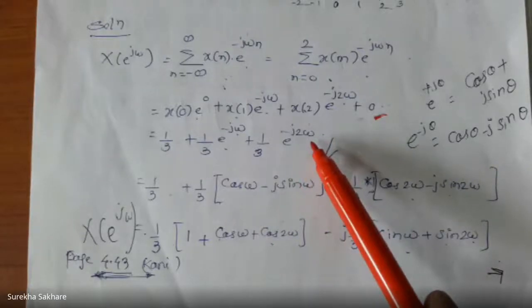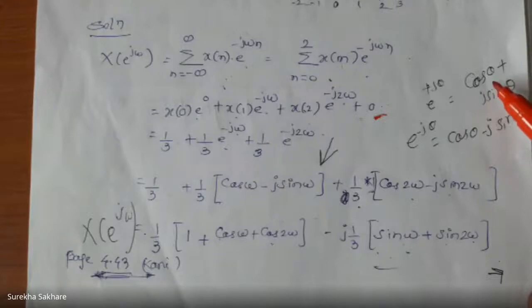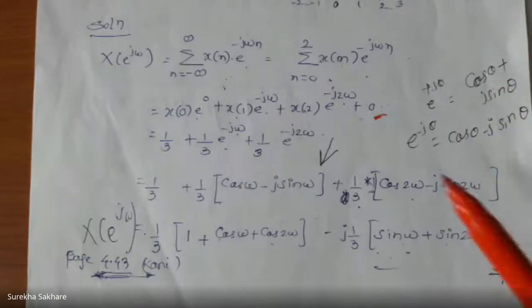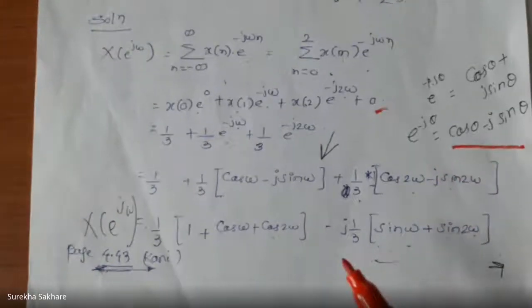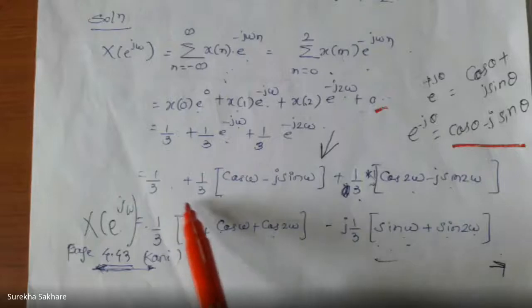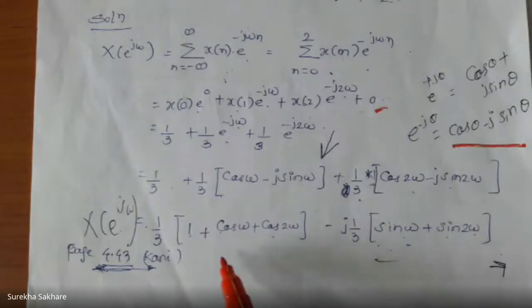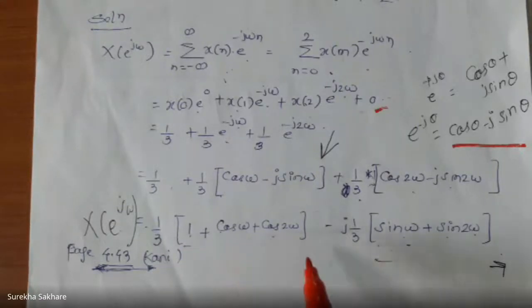Right? Now trigonometric identities are there where e raised to j theta can be written as cos theta plus j sin theta. Again, e raised to minus j theta also can be written as this. All these things we had seen in the last class. Okay. So finally, there was a question whether we are getting this formula or whether it is a direct formula. So we want to see that it has been derived. So it has been derived. So we have to see that this has to be brought in a simplified form like 1 by 3 plus cos omega plus cos 2 omega minus j by 3 sin omega plus sin 2 omega.